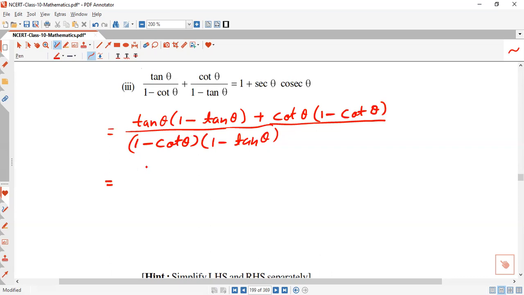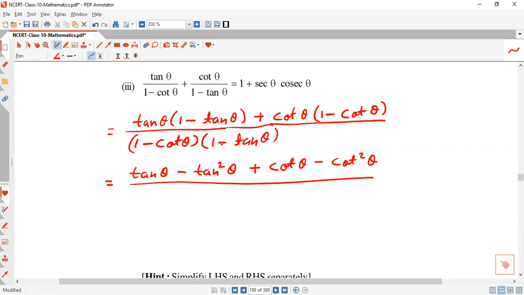Open the brackets, so we are getting tan theta minus tan square theta plus cot theta minus cot square theta, divided by, if you open this one, 1